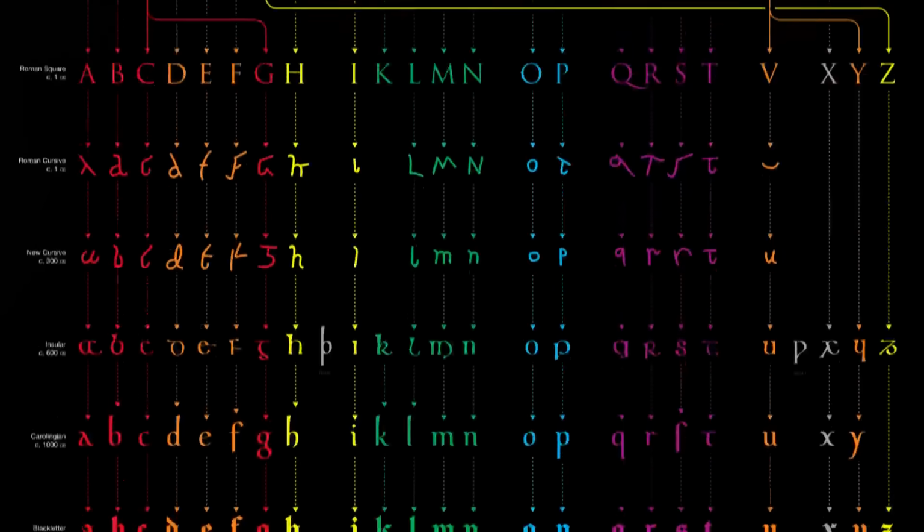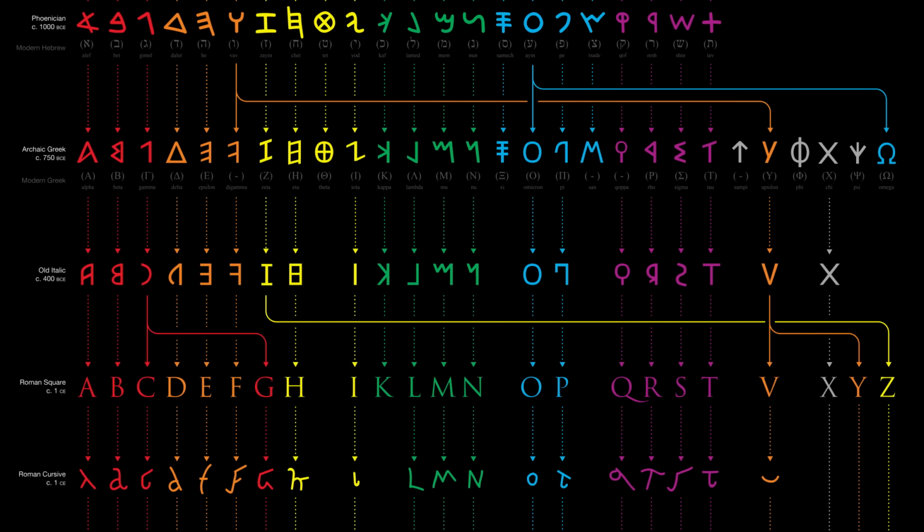Let's now take a look at some of the letters that used to be in the alphabet, but are no longer around. As I mentioned earlier, the Romans dropped a lot of Greek letters because they simply didn't need them. These included theta and psi, but also a letter called san that the Greeks ended up dropping as well. I should also point out that the Greeks added several new letters that never made their way into the Latin alphabet. These include phi, psi, and omega, which was based on the letter O, and also sampi, which the Greeks dropped as well. The only Greek-created letter that did make it into the Latin alphabet is the letter chi, which we call X.